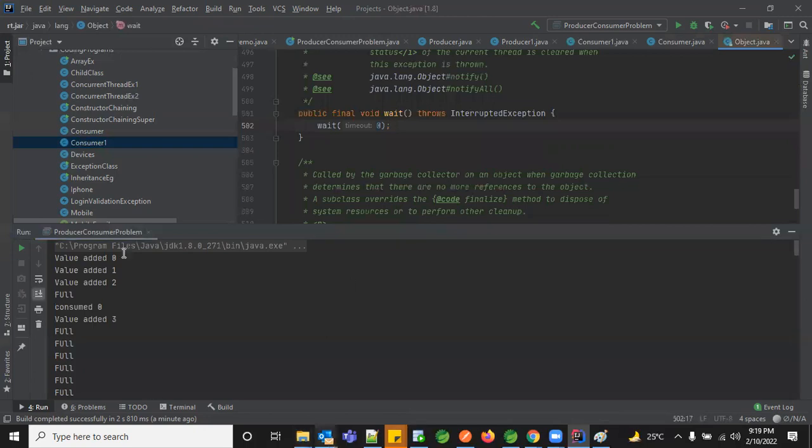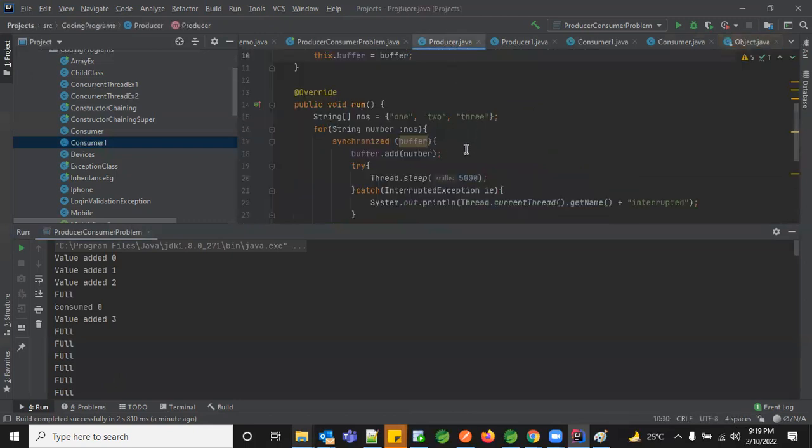So when two threads interact, what we're doing is handling all the scenarios in order to avoid miscommunication between them or a deadlock situation. So this wait and notify will help you. Since this is a very simple example, I'm just taking whether the list is empty or full. That's it. That is the scenario I've taken.